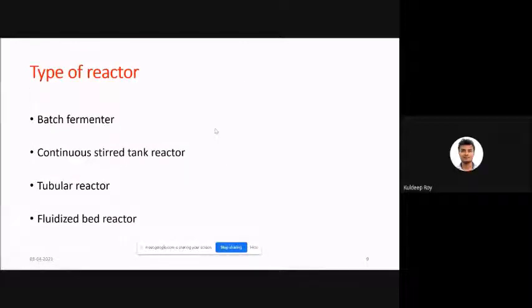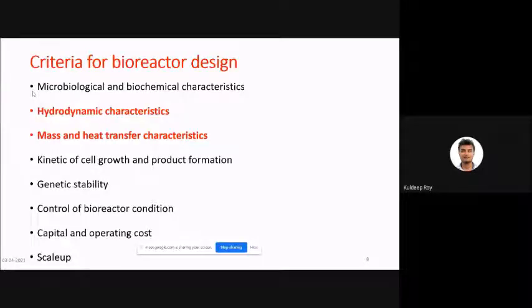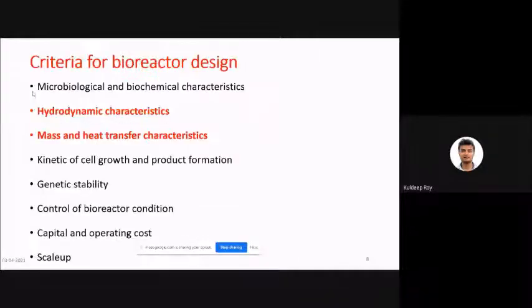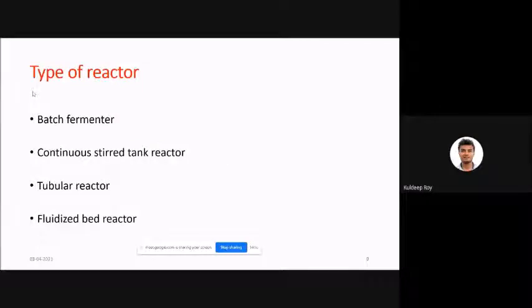Now, first of all, we will talk about the type of reactor. As I have shown here, I have assumed this is a batch type of reactor, but there are various types of reactor. It will depend on your process, on what you are looking for. In a batch process, you feed your reactant at one time, and you leave it for 12, 13, 14 days, and after that you remove your product.